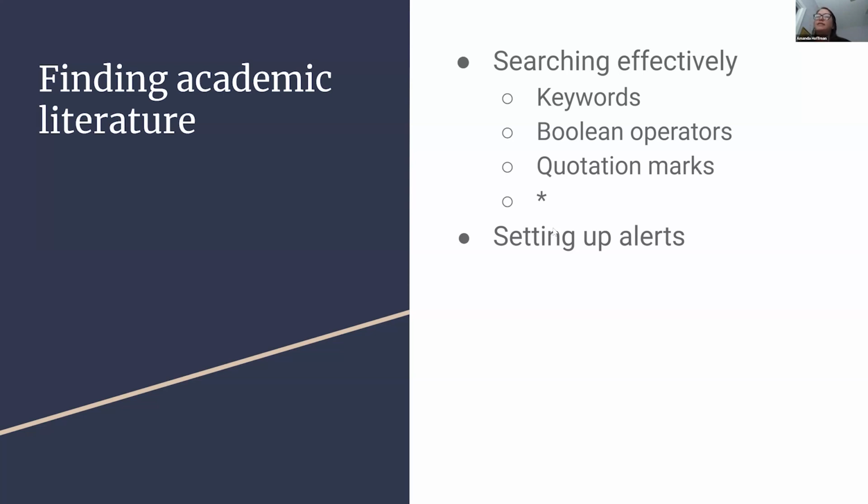And so I can't possibly in my lifetime read a million papers. It's just not possible. And so you need to be able to narrow that down to find out the papers that are really important to your project. And so the first thing that you should do is come up with important key words